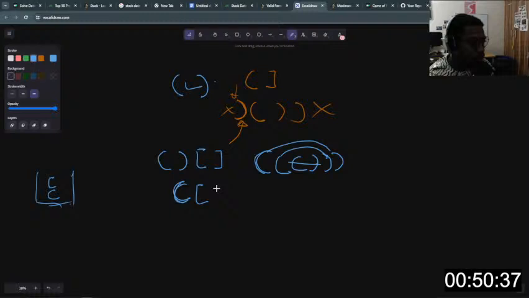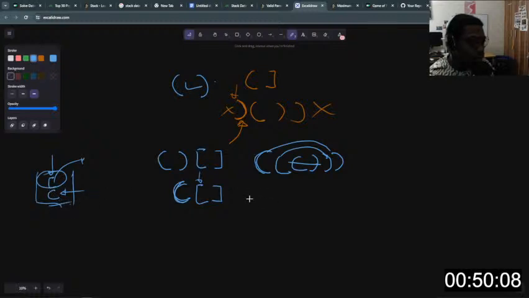So in this case, when we find a square bracket like this, then we know that the topmost item in our stack has to be the corresponding opening bracket. So we pop this off our stack, we remove it from the stack, and then the next item will be this open